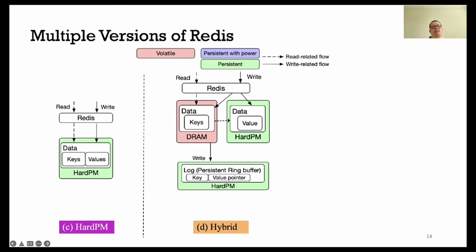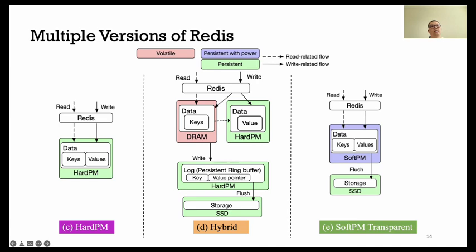And to limit the hard PMEM usage for the log, they will periodically flush this log to the SSD to save the hard PMEM usage. So in this design, what you can find is that it applies several fancy optimizations to mitigate the hard PMEM performance inefficiency. And in our fifth design, the SoftPM transparent, we only port the code to use